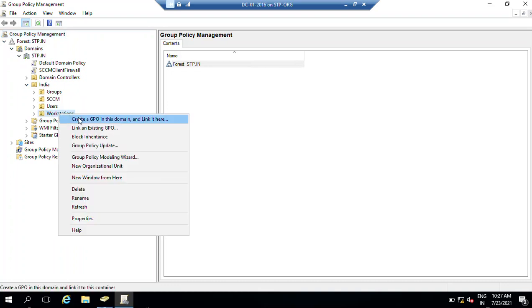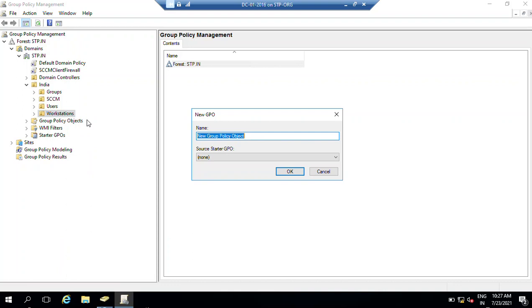So just right click on Workstation, create a GPO in this domain and link it here, and name it. I chose a big name, so you can choose a short name which helps you understand what this policy is doing.